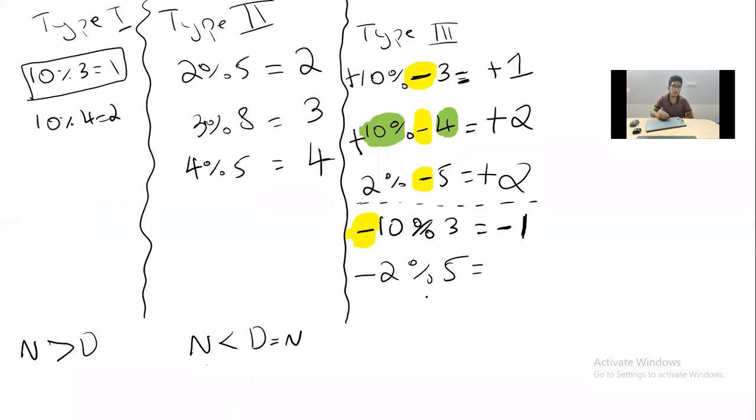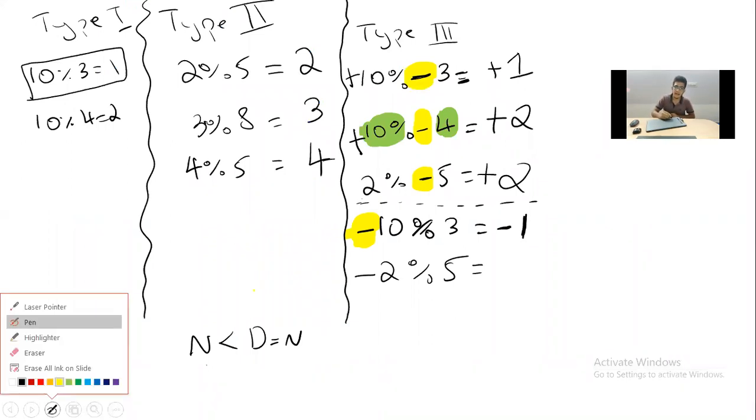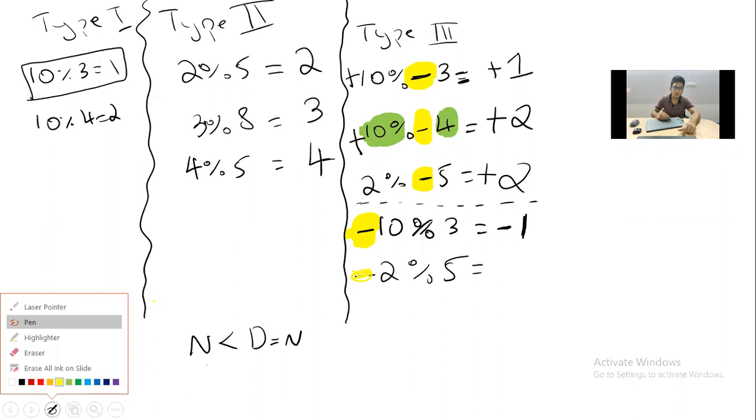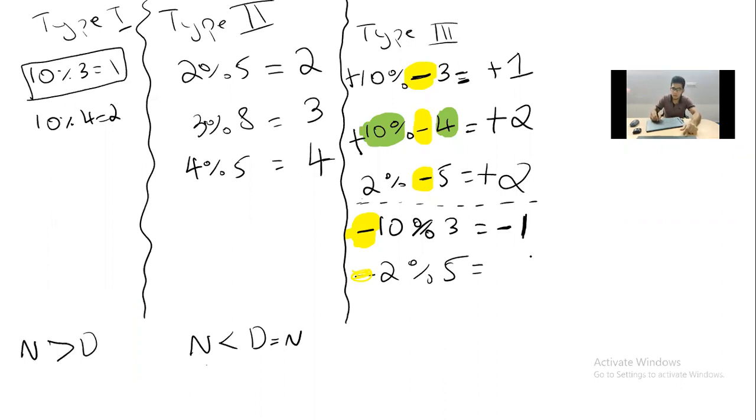We'll see that also. Whenever you see a negative sign, you have to ignore all the negative signs. So I'll take the highlighter here and ignore this negative sign. After ignoring it, what is 2 mod 5? The answer is 2, because if the numerator is smaller than the denominator, the answer is the numerator. Then I have to put the sign of the numerator. What's the sign of the numerator? Negative. So negative 2 I have to tell here.